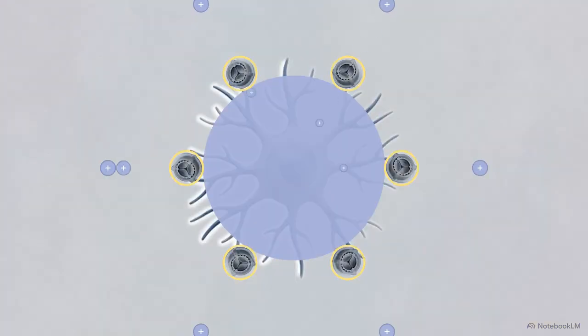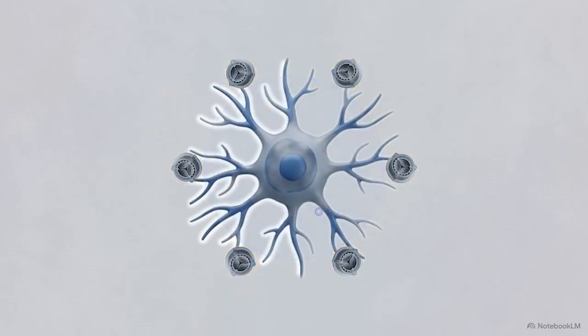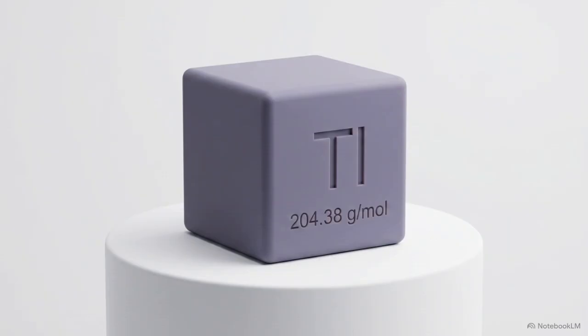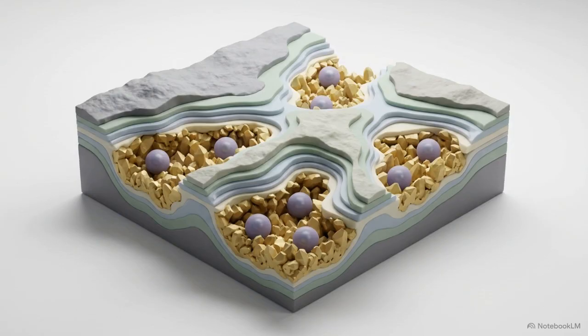To understand how this toxin operates, we have to look at the baseline electrical architecture of the human body. Our nerve firings and cellular gradients rely almost entirely on potassium, an ion our cells constantly pump in and out to stay alive. But this patient has ingested thallium. It is a heavy metal and a pure xenobiotic, meaning it has absolutely zero biological, structural, or metabolic purpose in